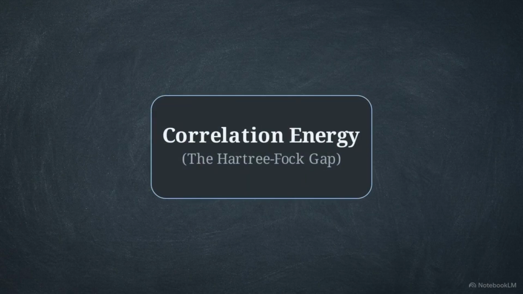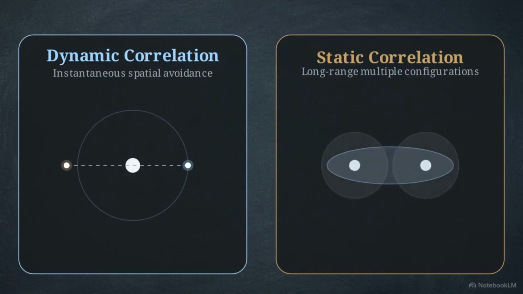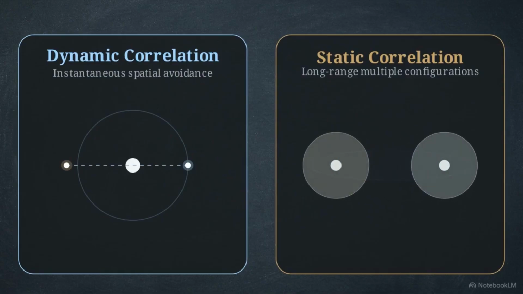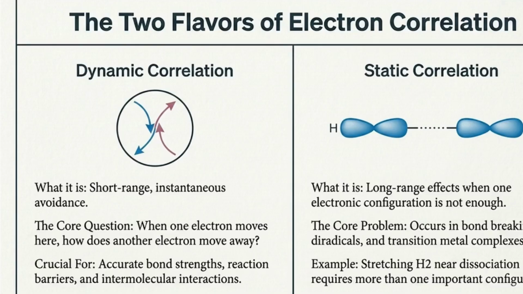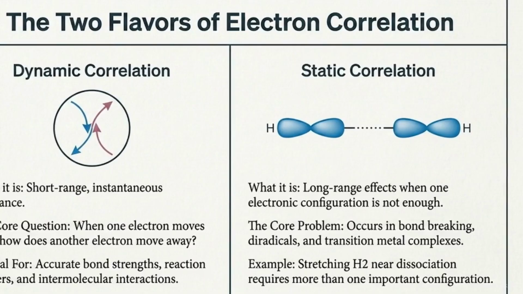Fixing this requires recognizing that electron correlation operates across two distinct physical realities, requiring two different mathematical solutions. This graphic defines two flavors. On the left, dynamic correlation. This is the short-range, instant-by-instant spatial avoidance between electrons. On the right, static correlation. When long-range effects occur, like stretching a hydrogen molecule, a single Hartree-Fock determinant cannot describe the breakdown into two neutral